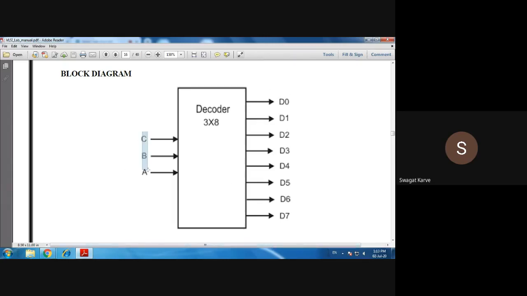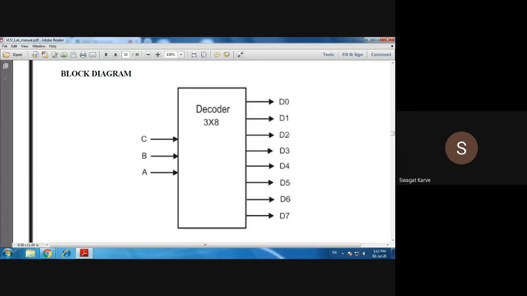Depending upon the combinations that you will select in this A, B, C, you will get the different output combinations, right? Depending upon this A, B, C, you will get D0 or D1 or D2, D3, D4, D5, D6 or D7, right? Now 3 bits means how many combinations? 8 combinations. That's why we have mentioned here the 8 bits.